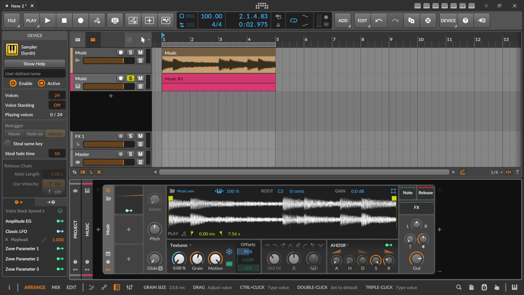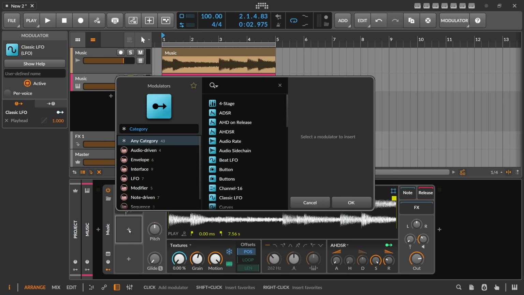Also, if you don't like how the stretch algorithm sounds, because it has so many artifacts sometimes, not always, with musical stuff it works very well to use voice stacking. So let's use five voice stacks. We just duplicate the sampler five times. And then on each instance, we